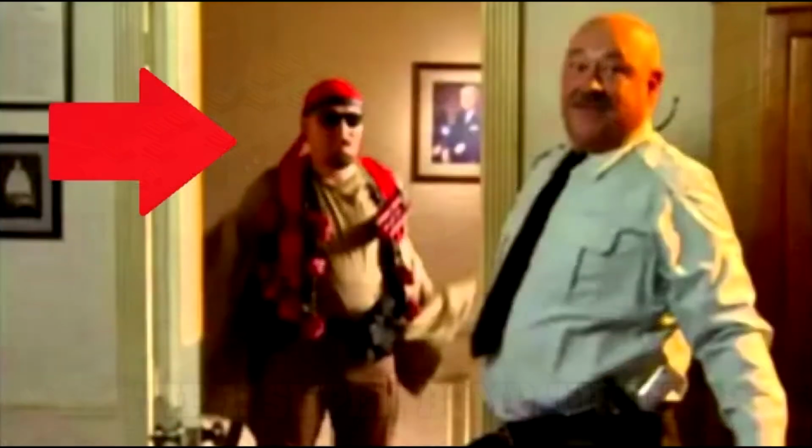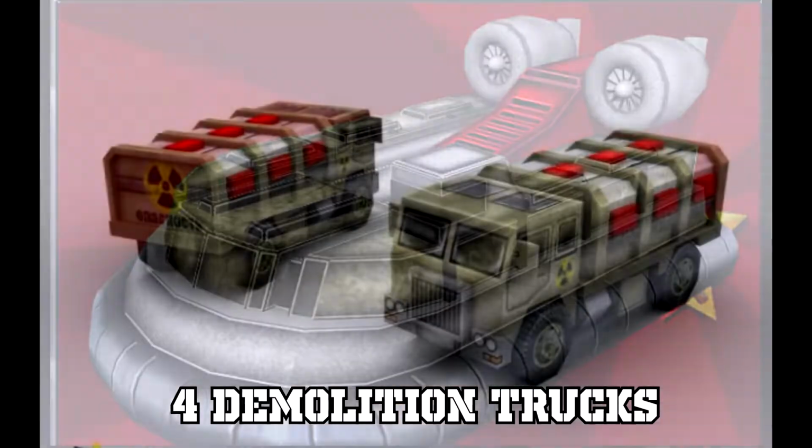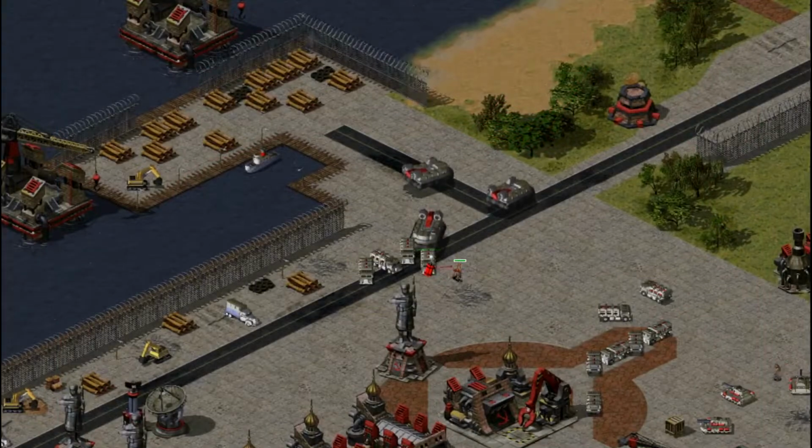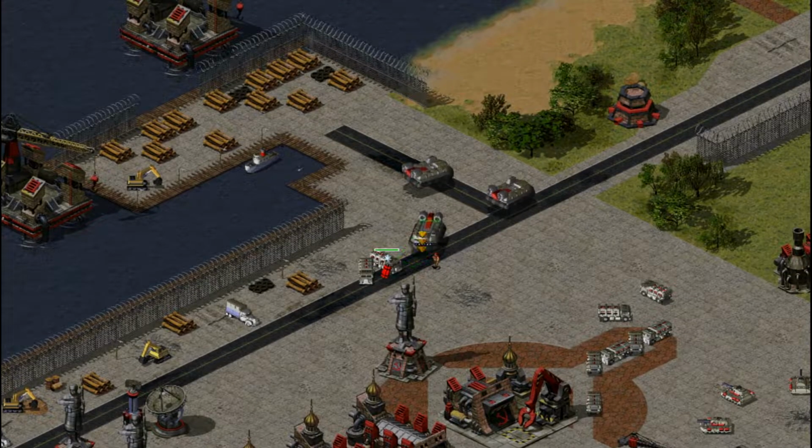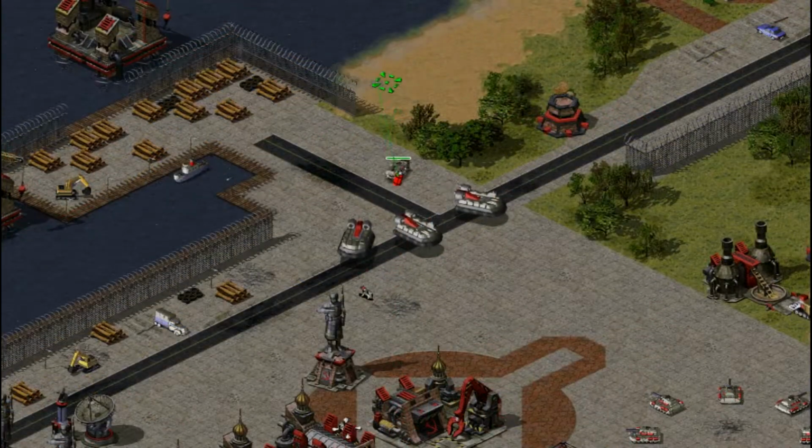The first tip is to make a super bomb truck using 1 Crazy Ivan, 4 demolition trucks and 1 armored transport. To execute this, you must build the following units and have Crazy Ivan place bombs on each demolition truck. You must command the trucks to enter the transport as soon as possible, or things will get messy